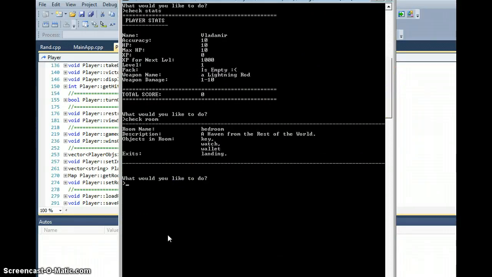In the room you have objects: a key, a watch and a wallet. For the moment I'll just pick up the key. If you don't pick up the key, you try to go to the landing and get an error message saying you need the key to enter. So pick up the key